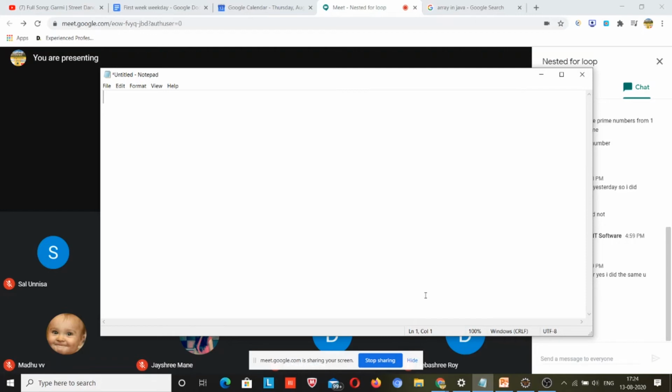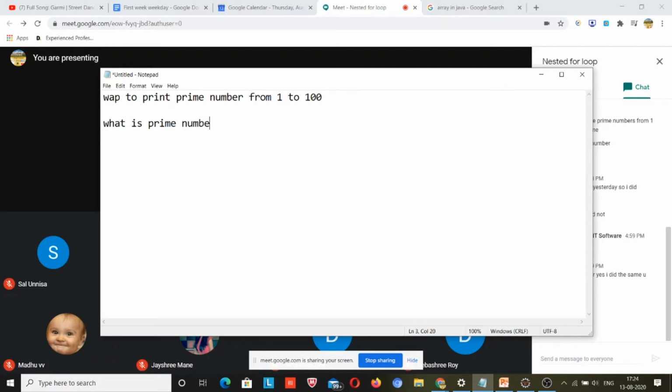Suppose the program is: write a program to print prime numbers from 1 to 100. First of all, you need to collect data, you need to know what a prime number is.